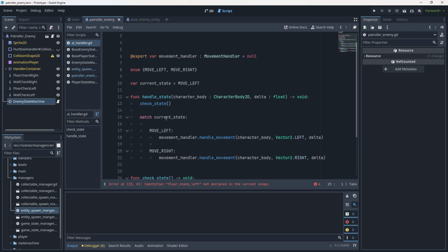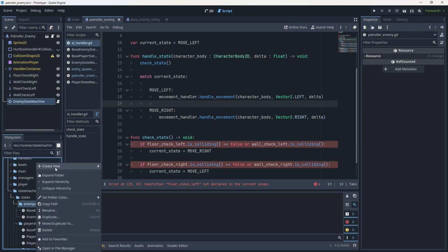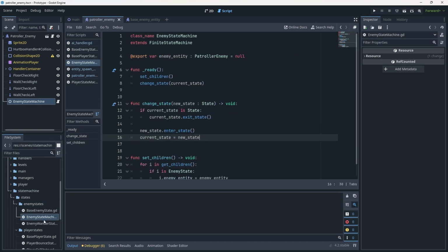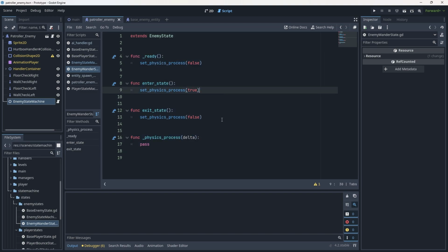So let's go and create a new enemy state. To do that, we will go into the state machine folder, states, enemy states. We'll right click the enemy state folder, new script. We will call this the enemy wander state. And now, lucky for us, we can just do the enemy state inherit, turn on templates, and we can actually use the default player state, because the default player state code is just this functionality that we set up before, where we're setting the physics process to false, true, and back to false, and the physics process specifically. Which means we now get to just kind of go through and do